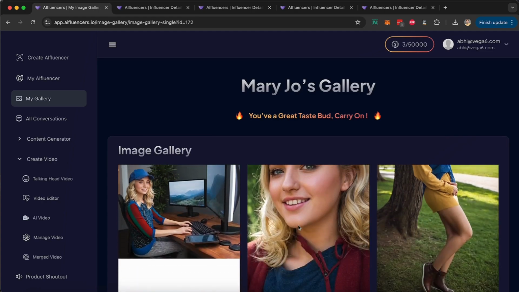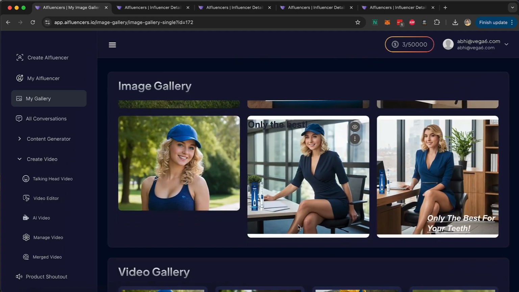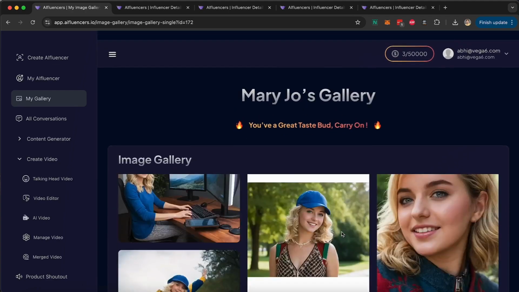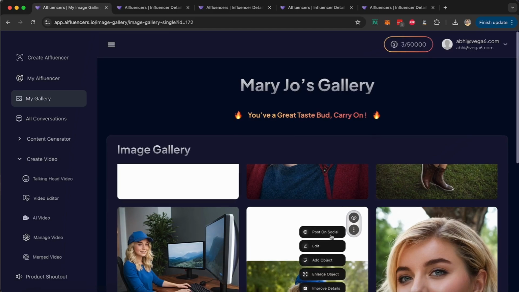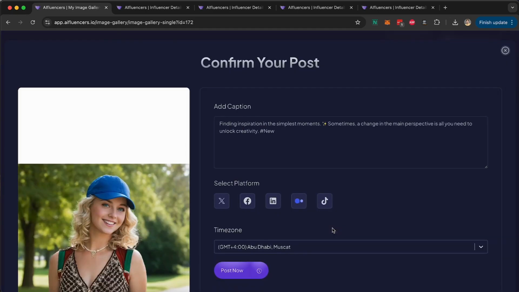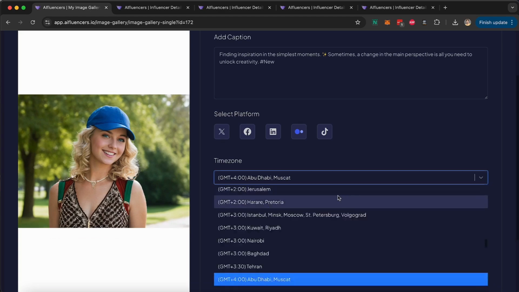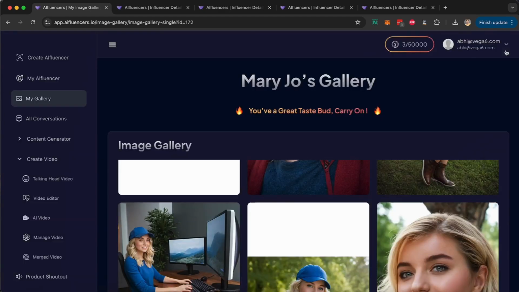So you can go back to Mary Jo's gallery. You can see all the images and pictures and videos and everything that we have created so far right over here. And you can also see all the videos that have been created. Now, whatever you want, you can click on this and you can click on post on social right inside, and then you can publish this image on all these different social media platforms, and then you can schedule it for whatever date and time or whatever time zone you want